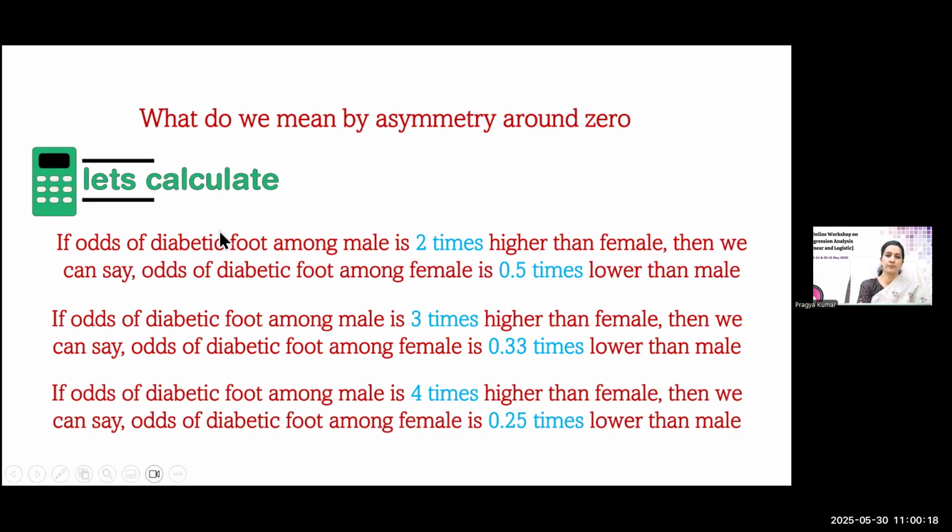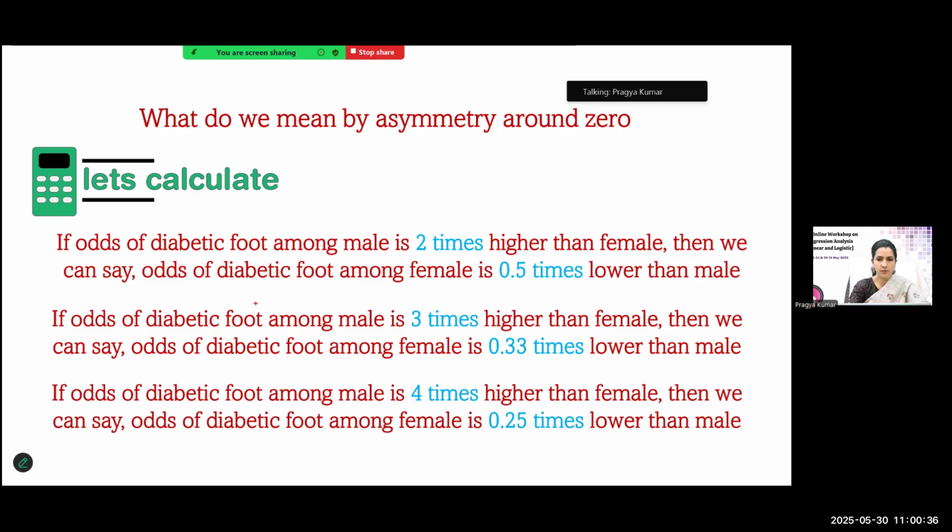So now let's first take this example. If I say that the odds of a diabetic foot among male is 2 times higher than female, then we can say that the odds of diabetic foot among female is 0.5 times lower than male. If you focus on this example,